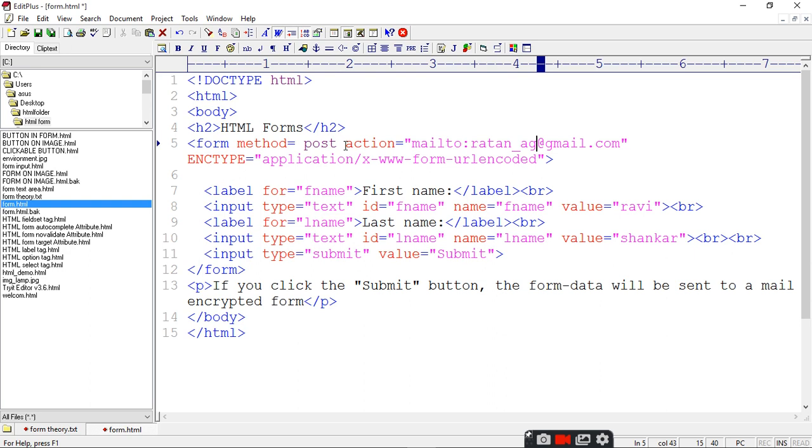Method I used post because I want to send sensitive data to someone, and I am using action mailto Ratan AG gmail.com, with enctype x-www-form-urlencoded.